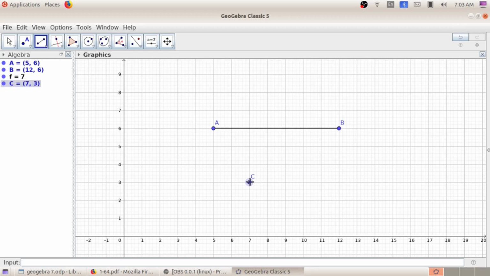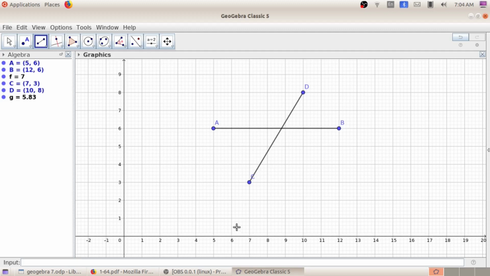Just make a click and move your mouse and just make the second click here. Now you can see here two lines that intersect each other. At this point they are meeting. They are intersecting at this point.